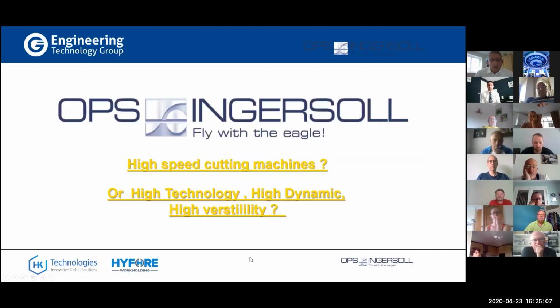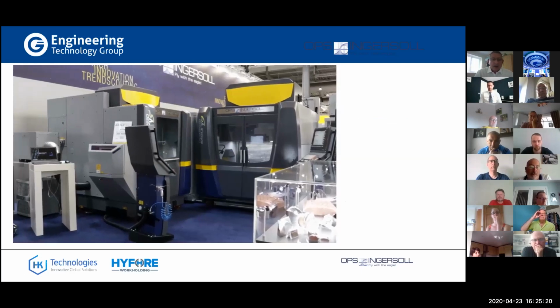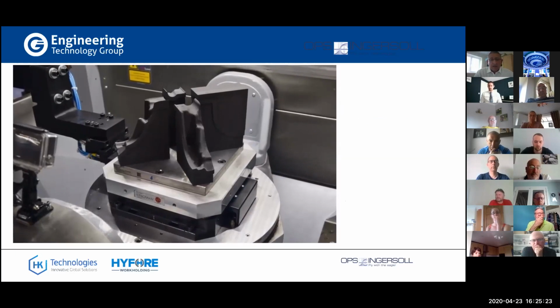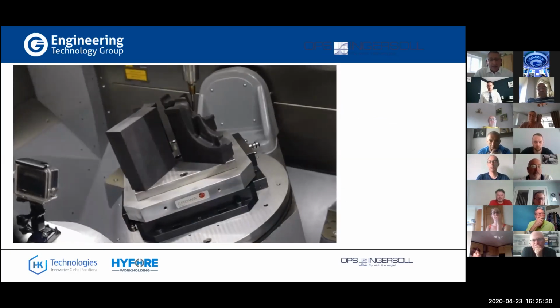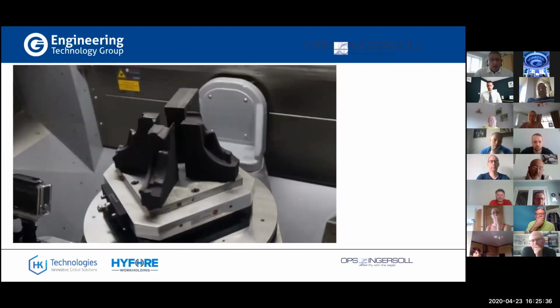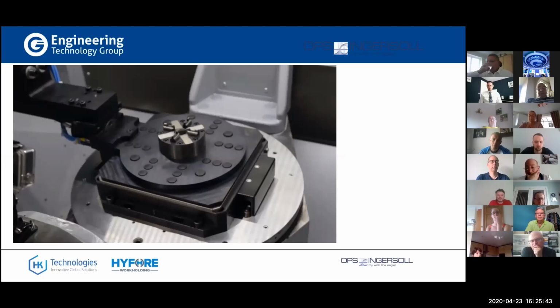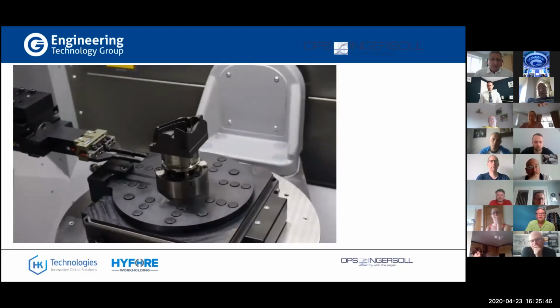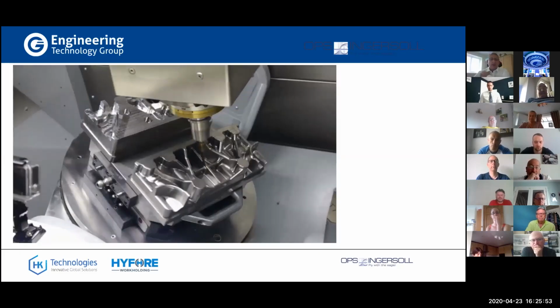So OPS Ingersoll offer more than high-speed cutting machines. I like to think of it more as high technology, high dynamic, and high versatility. Whether the company is looking to invest in automation, they're looking for large workpieces, tool changing solutions, machining of graphite, to have flexibility to change workpiece sizes throughout the day or throughout the night, to carry out 4th and 5th applications or 3+2 applications,